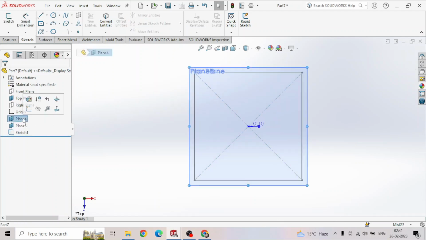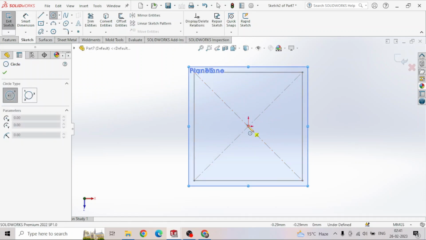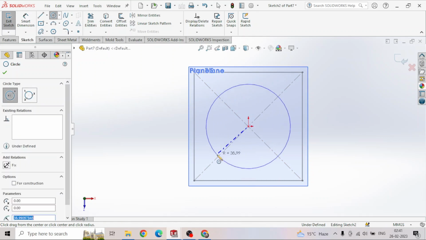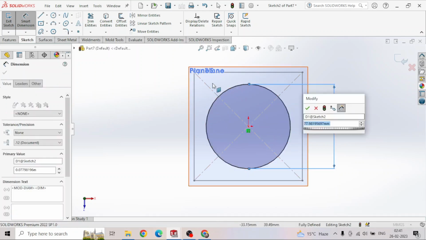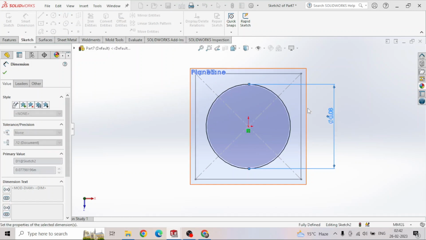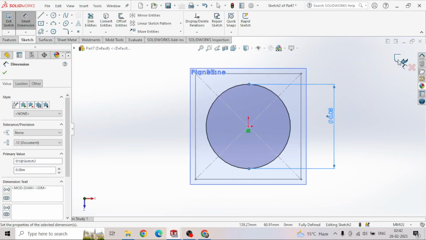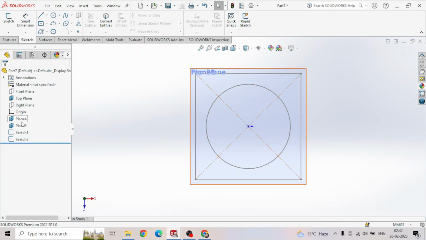I'm selecting the fourth plane over here, taking it normal, and then we will create a circle on the mid plane. Okay, now I'm giving it a dimension. So the dimension of 80 mm. Now exit the sketch, click on OK, then exit the sketch, then select the next plane,